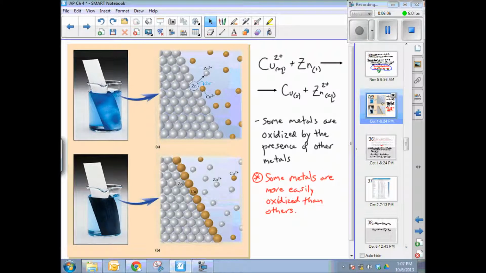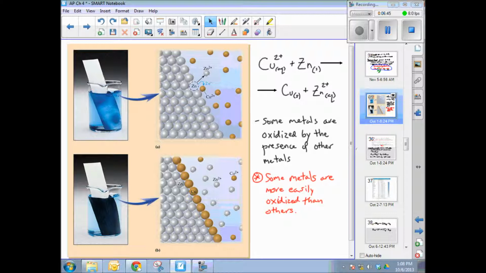Okay, this leads us into the idea of the activity series, and that materials can change oxidation states. Remember the empirical formula of copper oxide laboratory that we did, the lab exercise. One of the tests for the presence of copper 2 ion in solution was to dunk a little piece of solid zinc into the solution and see if some material was deposited on the zinc. The reaction that we were doing is shown here in a sort of macromolecular